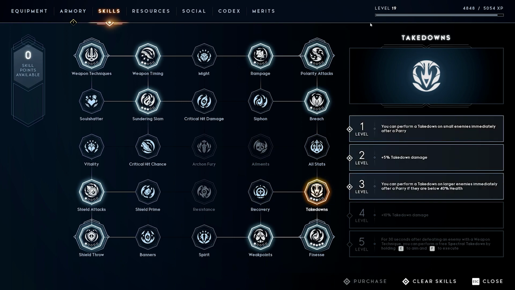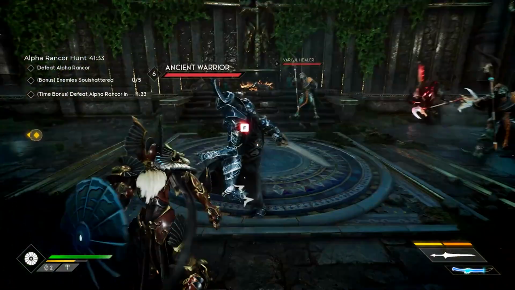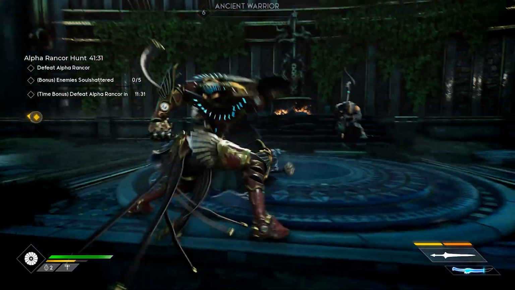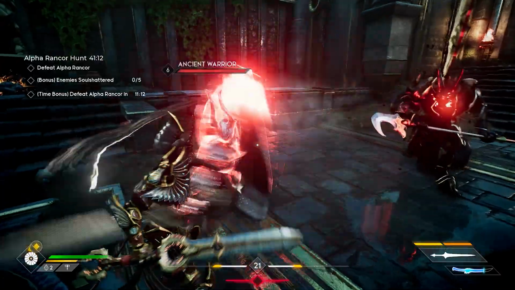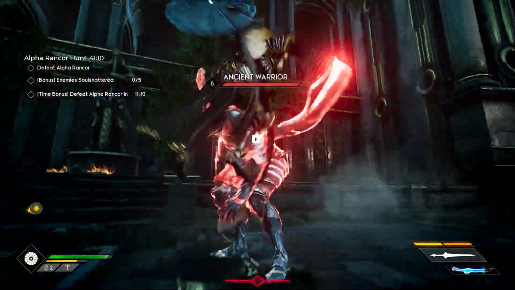And finally, the last 3 points I invested into were into takedown. Of course, this is just level 20, and from this point on you would progress a lot more, but these would get you started really well, and the takedowns are especially amazing. Now at level 1 you can perform a takedown on regular enemies, the smaller ones, immediately after a parry. So you just wait for a parry, you parry it, and instead of wasting time dealing damage to the smaller ones,